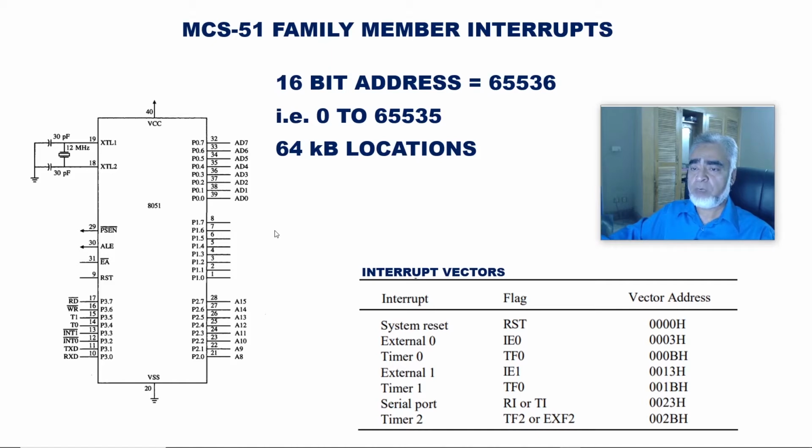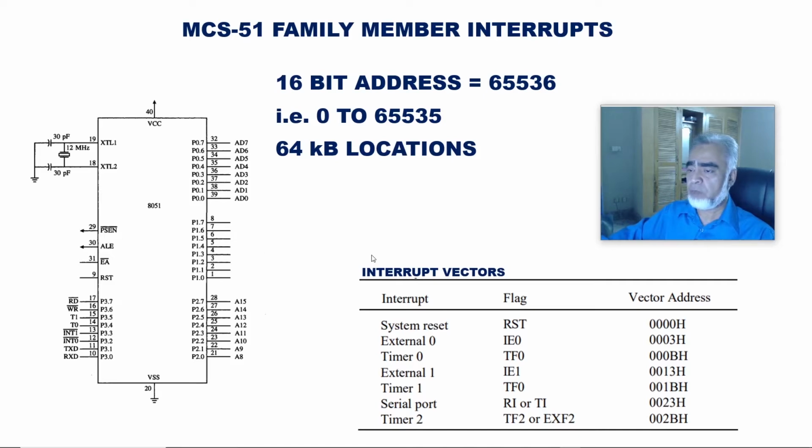In case of a microprocessor, we have a 16-bit address, that is from address 0 to address 15. And if we have a 16-bit address, then we'll have the combinations, that is 65536. It means 64K combinations, and the addresses will go from 0 to 65535. So we can read 64 kilobytes of source code and 64 kilobytes of IO devices with the help of program stored enable and read write. Here we can find the read write signals to read the external locations, and to read the source code we have another control, that is PSEN, program stored enable.